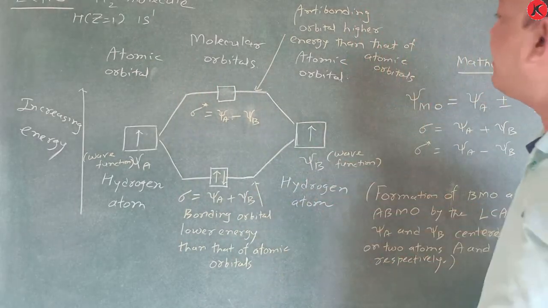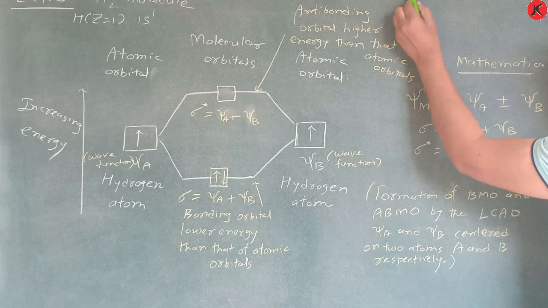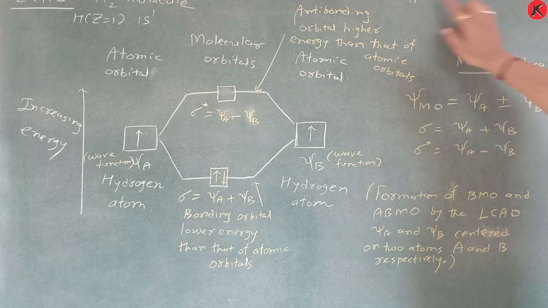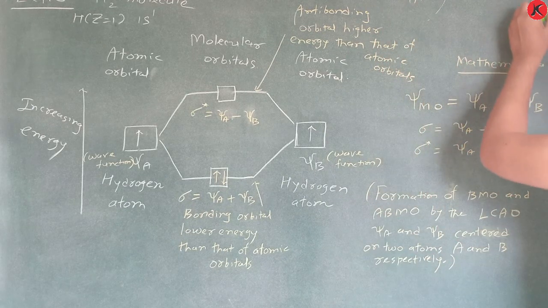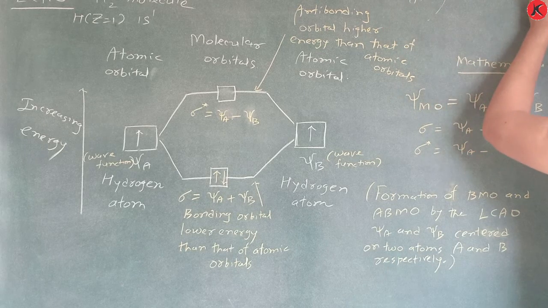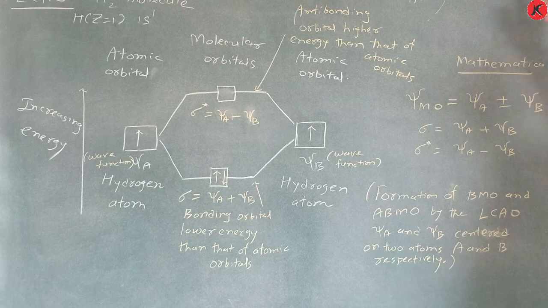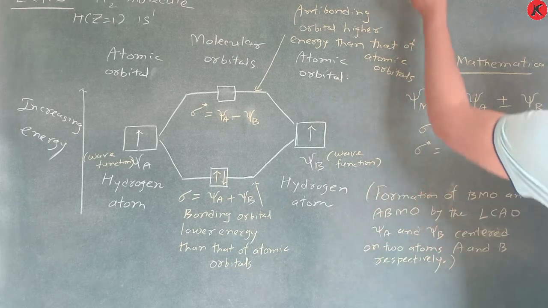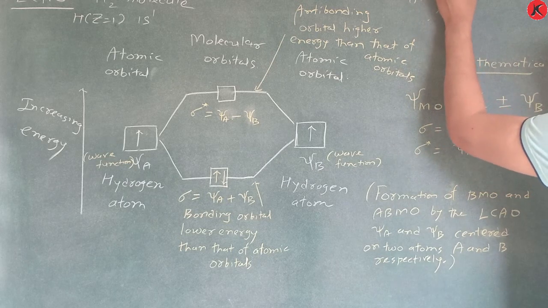You know that the H2 molecule is there, that means what? Suppose this is a hydrogen atom A and this is a hydrogen atom B. This is HA and this is HB. Here an electron is also there, here an electron is also there, and suppose this is a nucleus, this is also a nucleus. But the distribution of this electron in atomic orbitals is shown by a certain wave function, and that is nothing but psi A. And here it is psi B. This is known as the wave function.